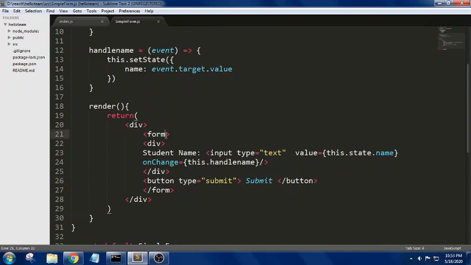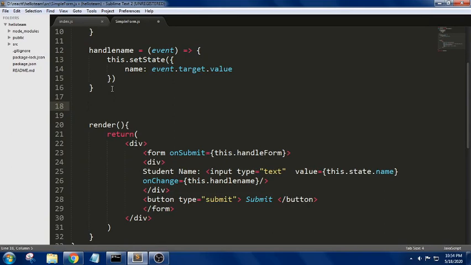So I'm trying to use an event, onSubmit, equals to the value, that is this dot, we are trying to pass some function again here, like what we have done with this.handleName, this.handleForm. We have taken a basic input field and we are trying to echo the value. I just want to print this value now. So in this handleForm